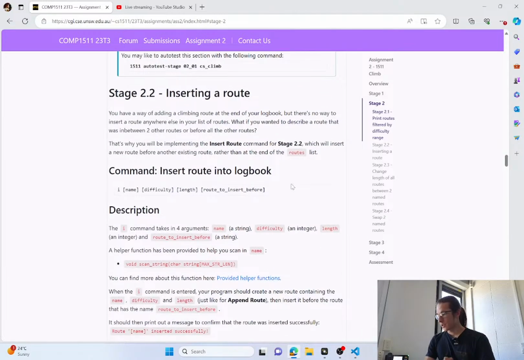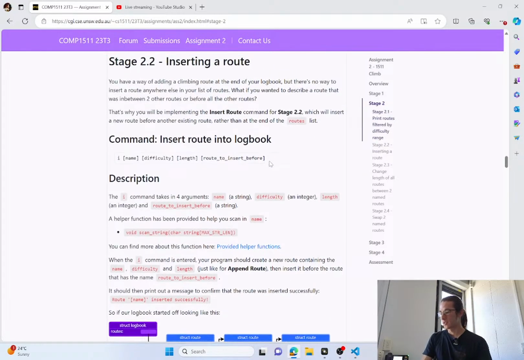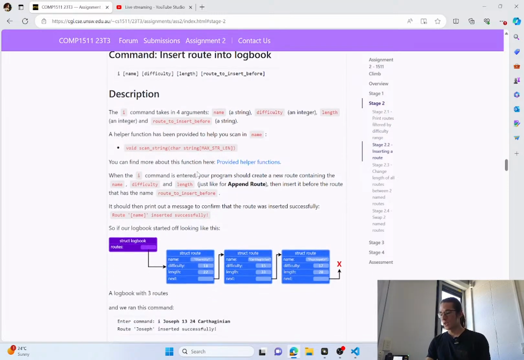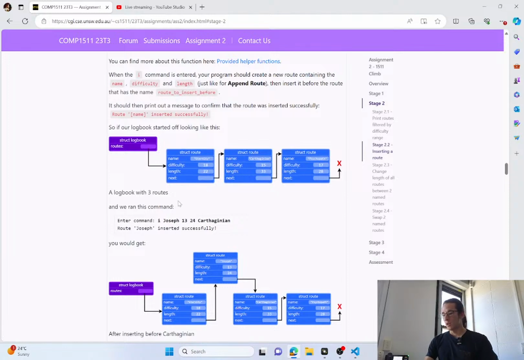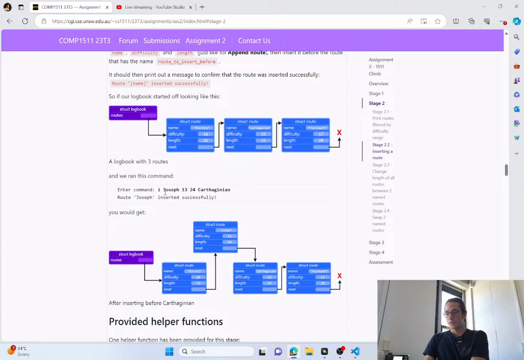All right, so next in stage 2, we've got inserting a root. This is just going to be very similar to appending a root, except instead of putting it at the very end of the logbook, you're going to put it before a root that already exists. So in this case, if you were to have some list that looked like this, so we've got the roots eternity, Carthaginian, and psychopath. And if we were to put in the root Joseph just before Carthaginian, that would look